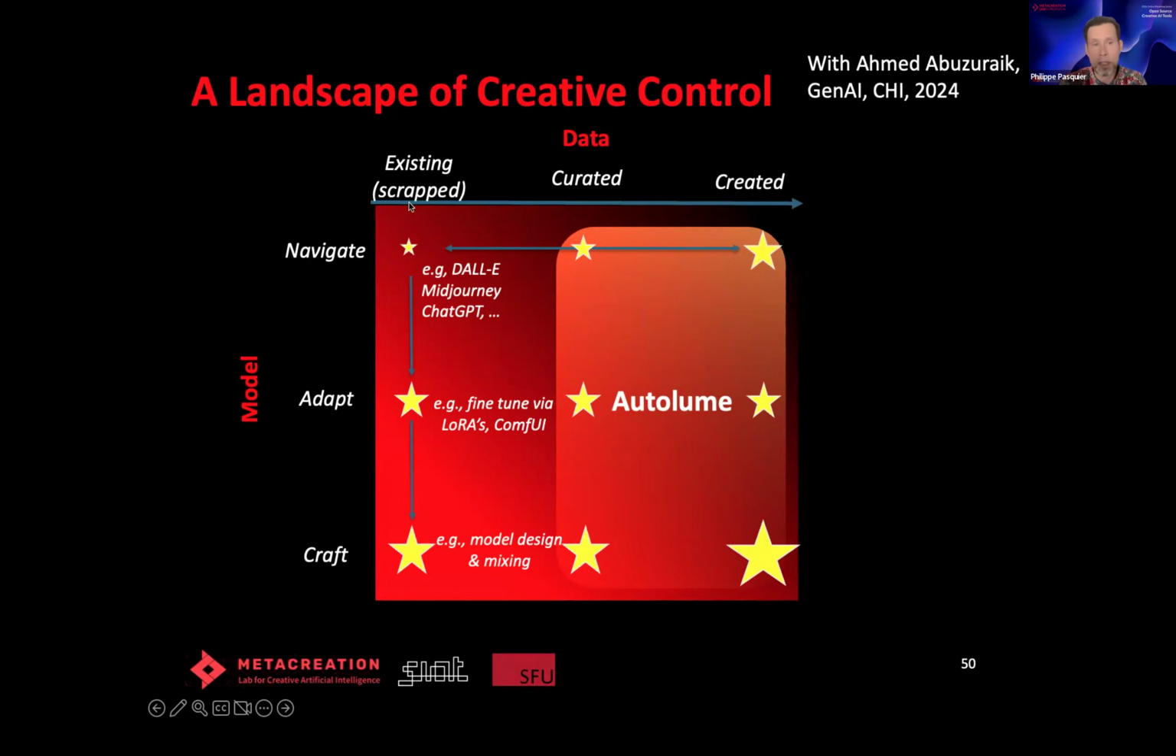You don't really know, but often it's scrapped, and there's all sorts of legal pursuits out there. And then often you're only given the option to navigate, and often the only option to navigate you have is prompting, and often prompting only gets you somewhere, but it usually doesn't get you where you want. So of course, there's also solutions that are more complicated, like Comfy and others that allow you to adapt a model and to craft a model, and not only on existing data, but more interestingly for artists, often on curated data or even